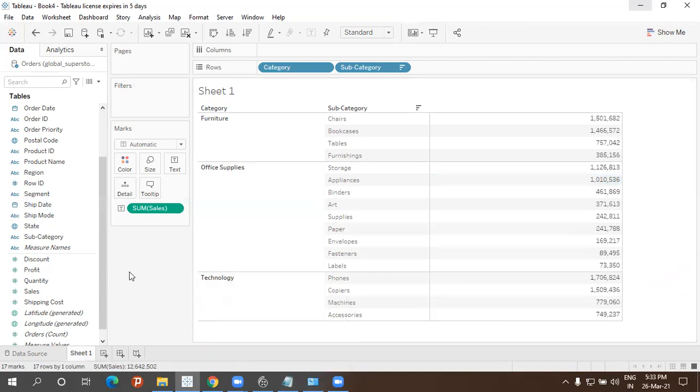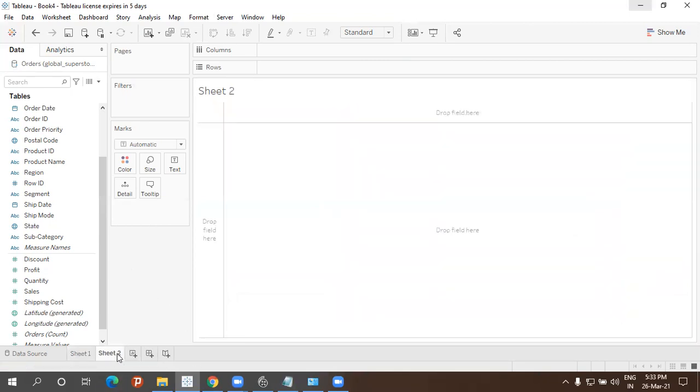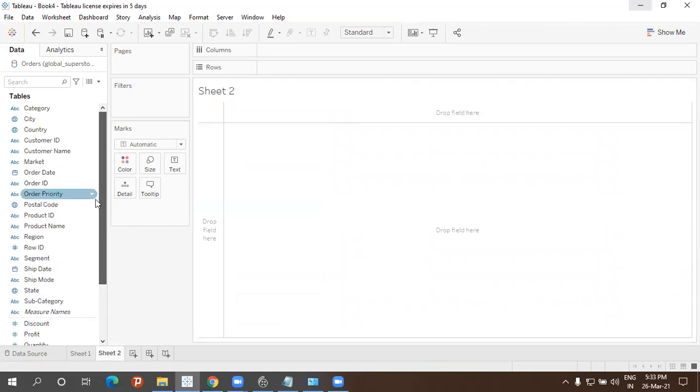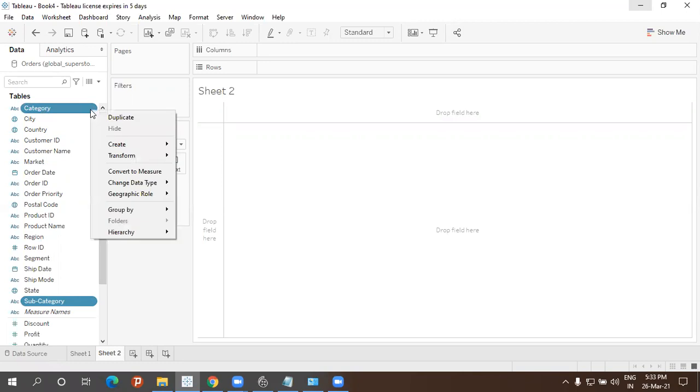So I'm going to do it, see here. Let me take a new sheet. The same things we are going to do. First, here on the left side, our question is based on what? Our question is having dimensions from category and subcategory, right? Select the subcategory and category. Just click on this arrow mark, Create. Can you see something called combined field here?